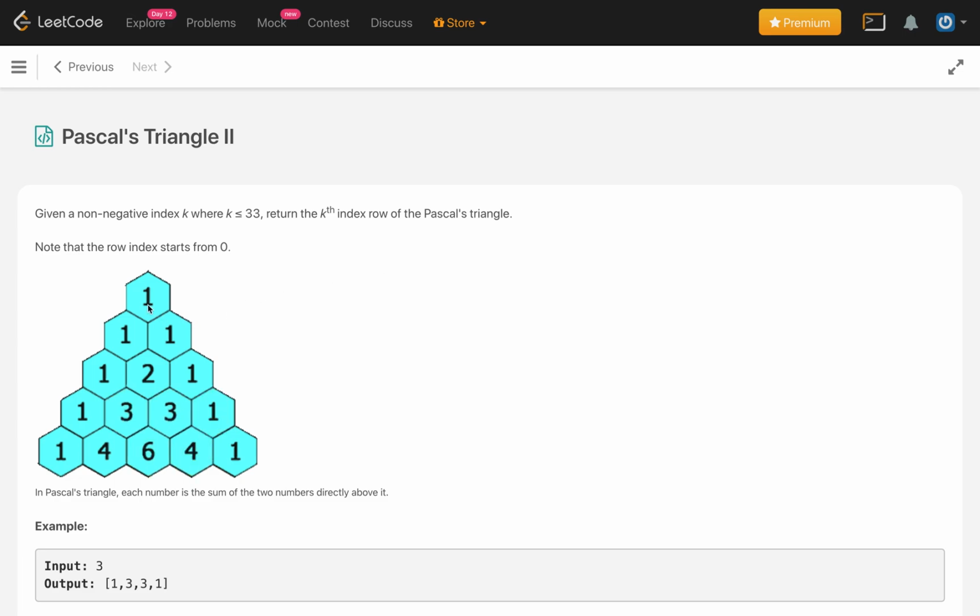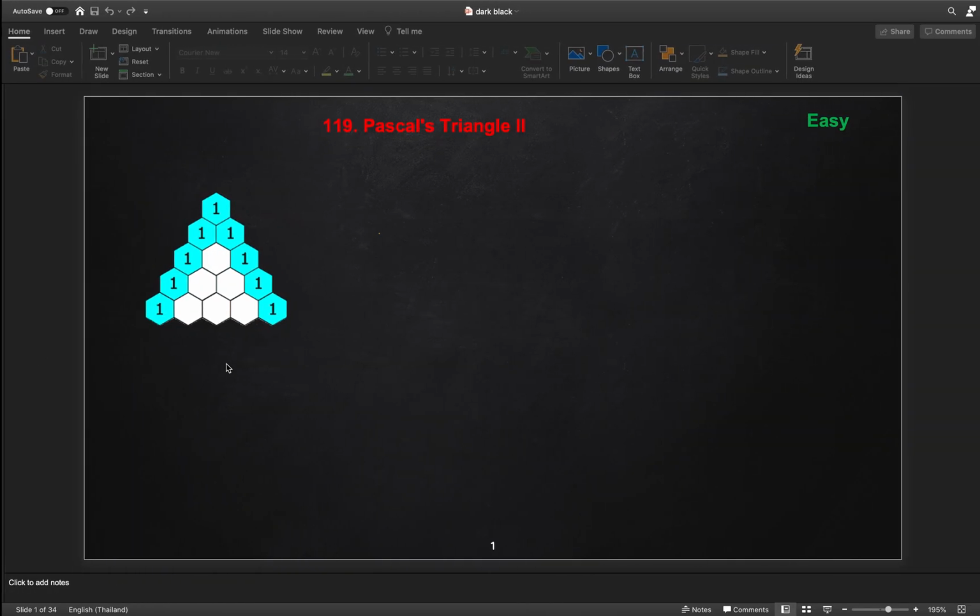So how does the Pascal triangle work here? The 0th row starts with the value 1, then the next row will be 1 1, and going forward, the first element and last element are always 1, and all other elements are constructed from the two elements above. So this 2 is the sum of these two elements, then 3 is constructed from this 1 and this 2, and so on. So we need to solve this.